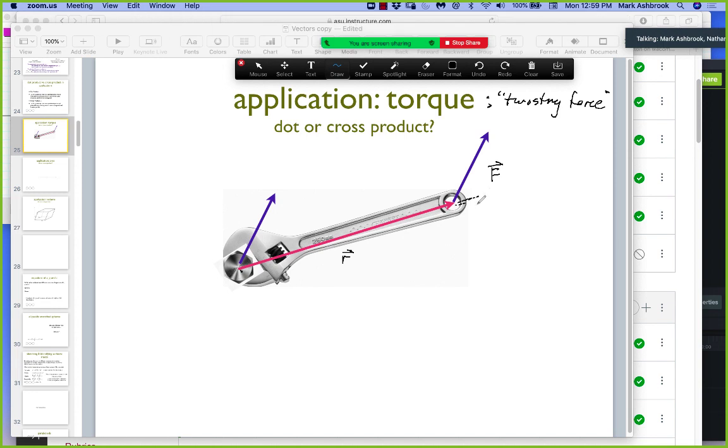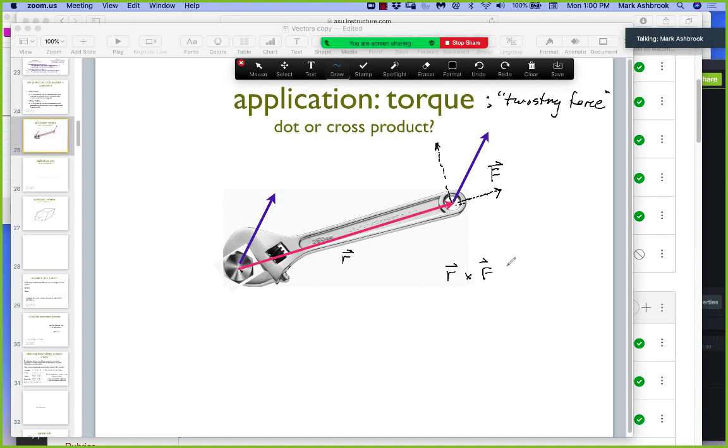Yeah, so we can think about the components of F, right? So this is at an angle to r. So here's the parallel component of F to r, and then here's the orthogonal component of F to r. Which of those components is going to cause the bolt to twist? That would certainly be this one, right? This is your best force to apply to get this thing to turn. This is just going to pull the wrench off the bolt. It's not going to contribute to any turning or twisting of the bolt. So, orthogonal, right? So the component of F that's orthogonal to r is what we're interested in to generate torque. Therefore,